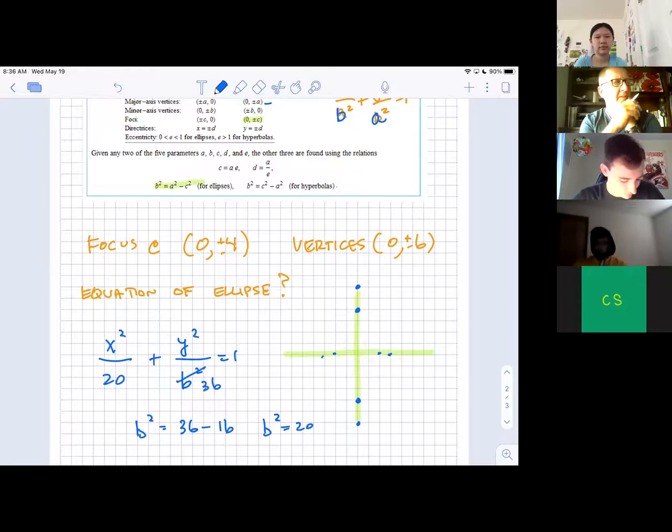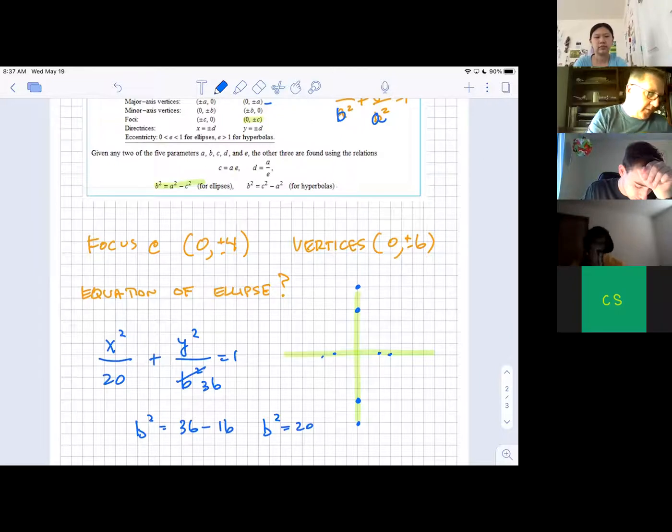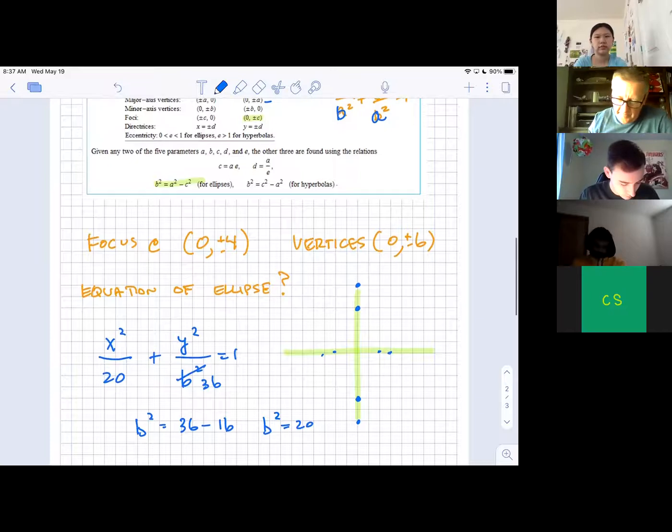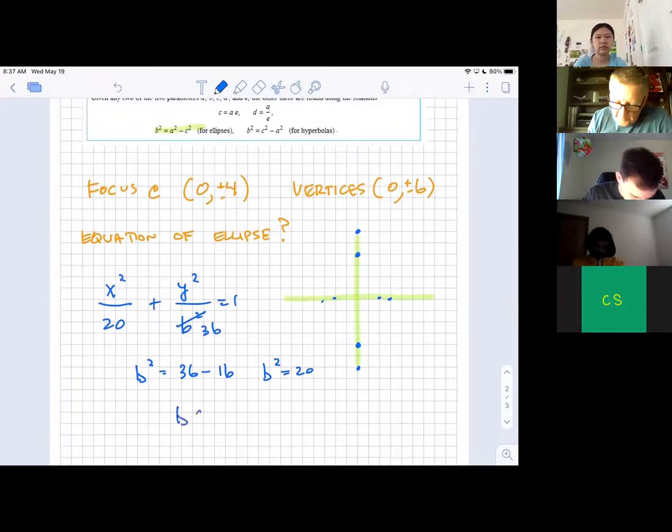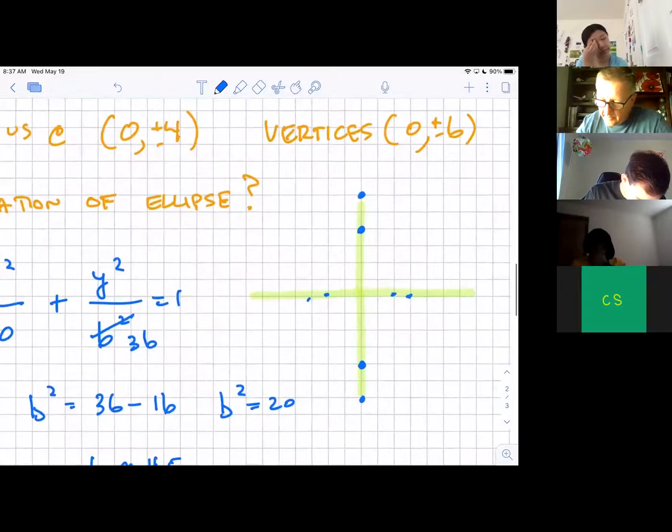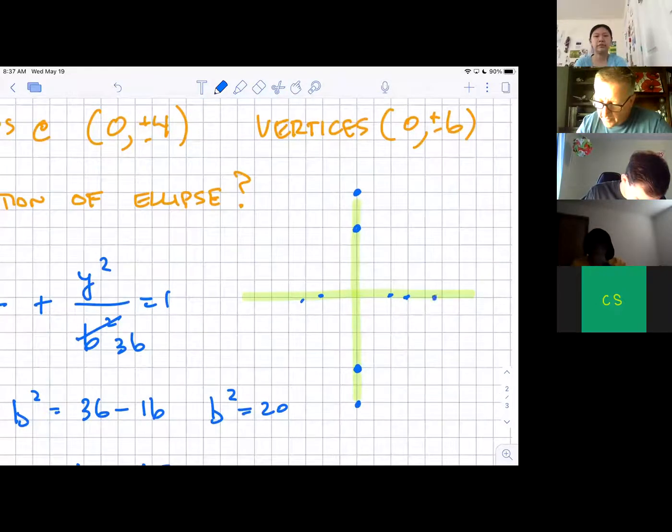And so of course I find myself thinking, is that right? Is that correct? Also, what is the square root of 20? If I wanted to make a graph of this, you should be able to estimate that in your head, but it's approximately 4.5. So B is approximately 4.5. Well, now I know where to put this other point. 1, 2, 3, 4, 4.5. It's actually right there. So my rough sketch, ellipses are really hard to sketch, but you always want to leave